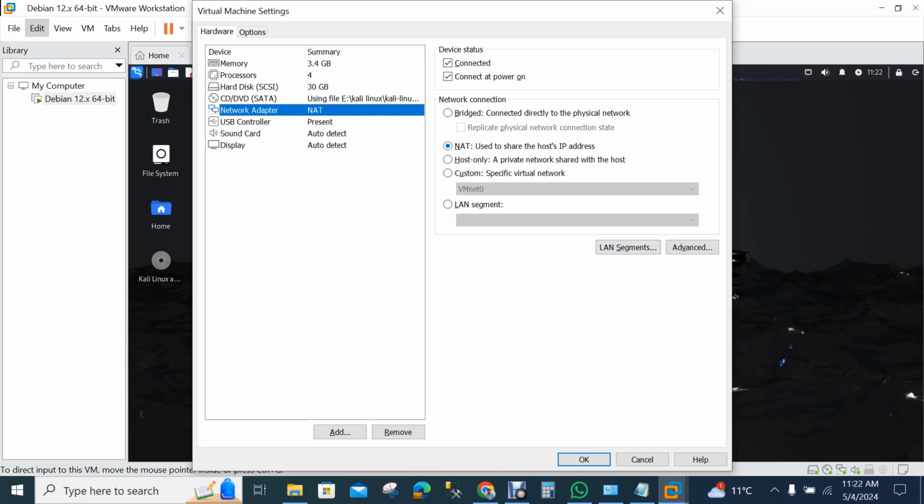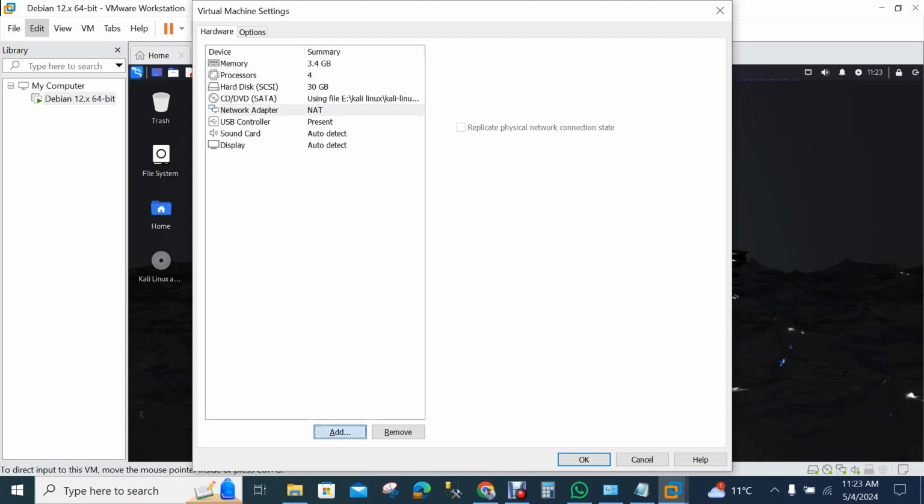The network adapter is used to share the host IP address. We are using just one network adapter, but if we want to use one more, we can easily do it from here with the add option.